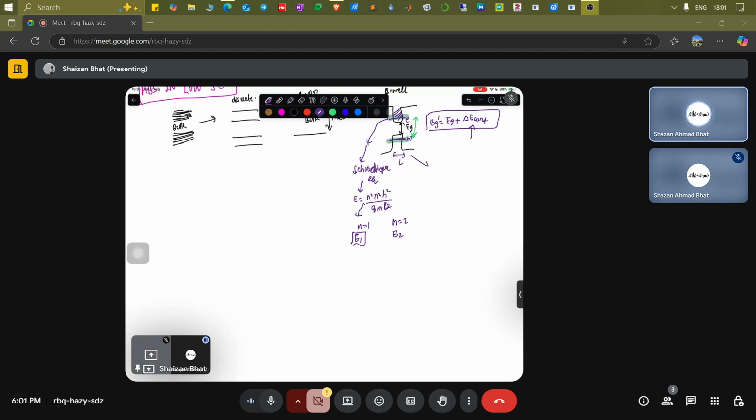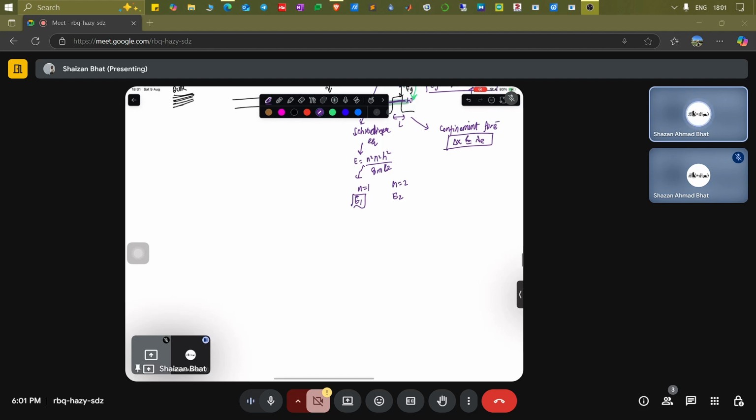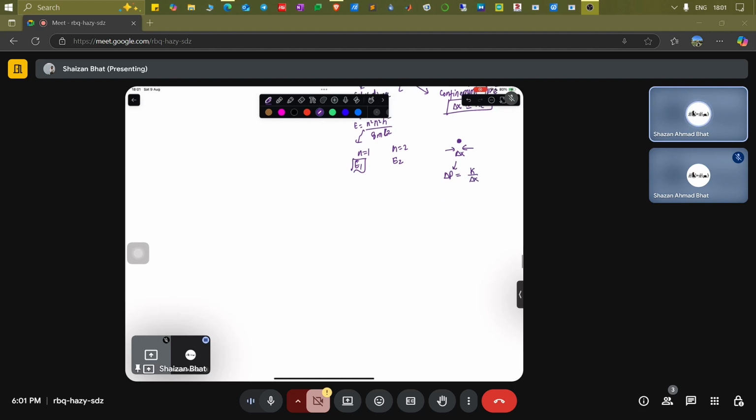And I told you that when does this confinement come into picture? The confinement for the electrons comes into picture when the dimensions become approximately of the order of the electron wavelength. Basically, it's less or equivalent. How does it come into picture? It just comes from the simple Heisenberg's uncertainty. Let's say, for example, if you have an electron and if you confine it in a delta x region, so that the momentum uncertainty is basically h bar over delta x from Heisenberg's uncertainty.